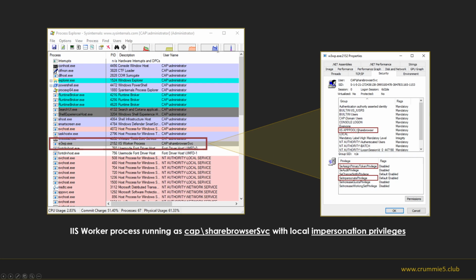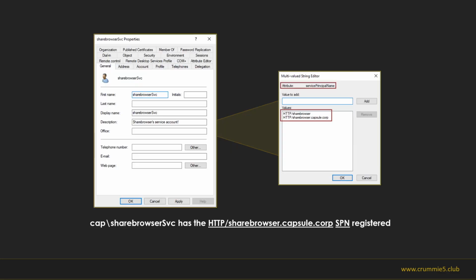This account is within the group IIS app pool SerBrowser, and we can see here that this account holds enough privileges to impersonate its clients. Finally, we can see that this account is configured with the following SPNs so as to support Kerberos authentication: http serbrowser.capsule.corp.